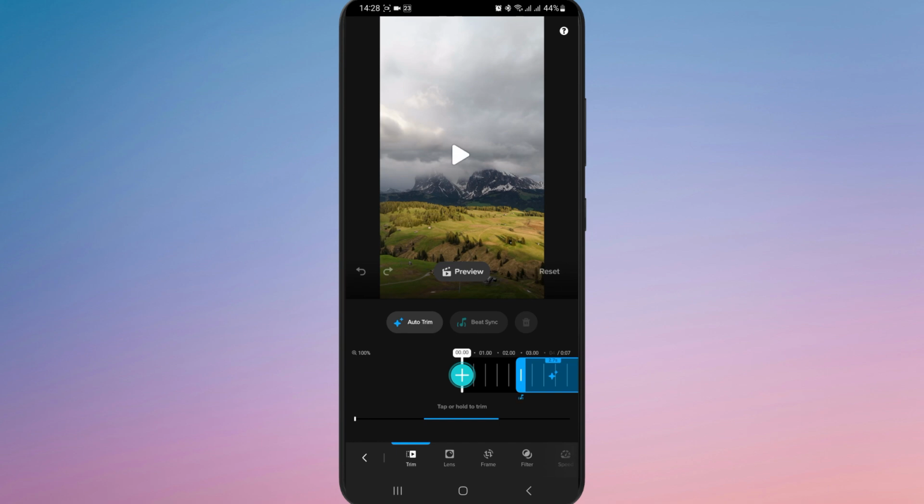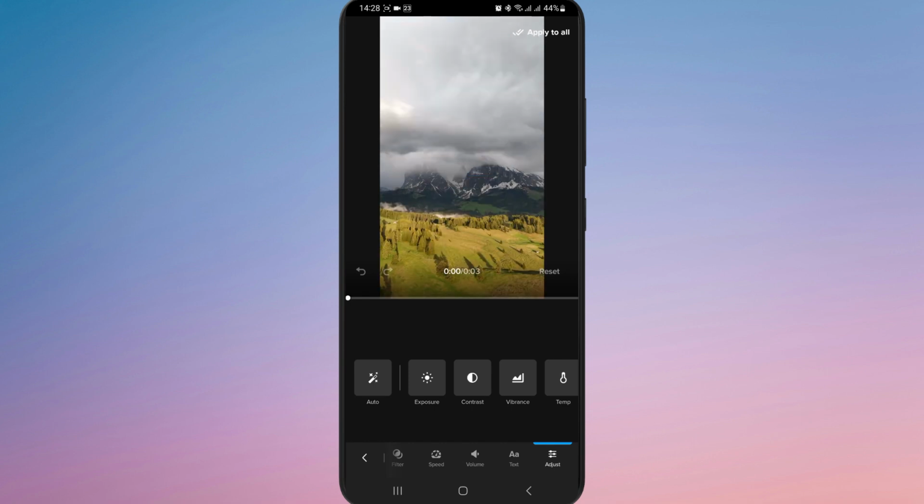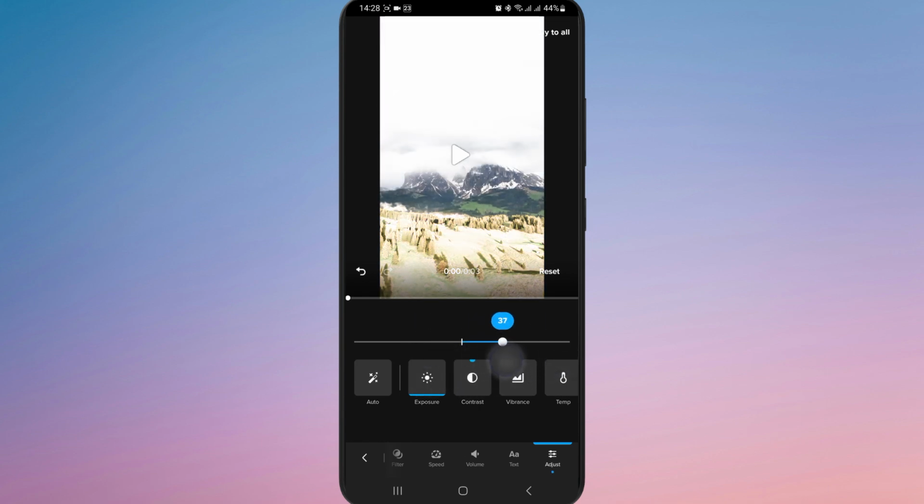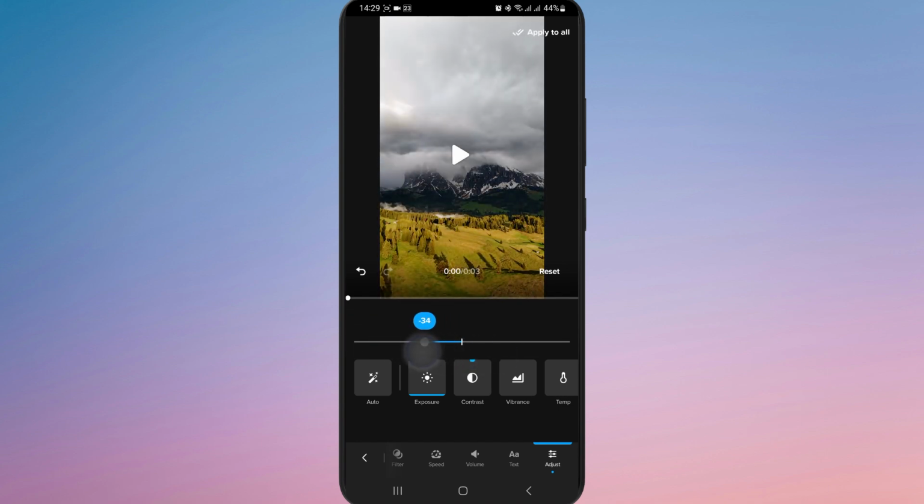After that, look for the Adjust icon and tap on it. Here you can use the sliders to increase or decrease the brightness and contrast levels to enhance your video or photo. Move the brightness slider to make the image lighter or darker as needed. Then adjust the contrast slider to make the colors pop or soften the details depending on the look you want